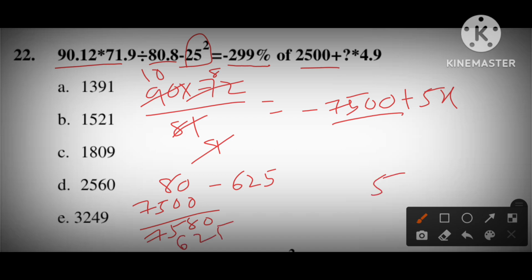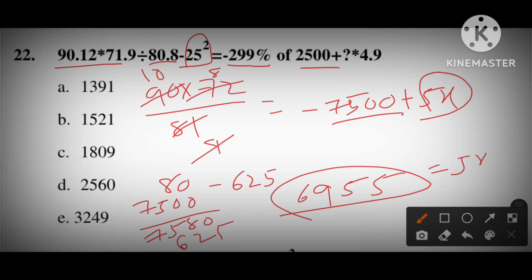This will be 8057 minus 625. So answer will be 5, and 7 minus 2, 5. This will be 9, and 6955 is our answer. Whole equals to, it is given that 5x also. 5 1 times 5, 19 means 3 times 15, and 45 means 9, and 1 times 1391 is the answer. 1391, option A is the answer for this question.